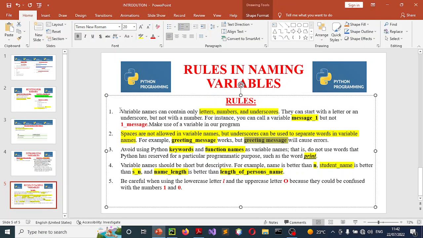So the first two rules are that the variable can only contain letters, numbers, and underscores, and that spaces are not allowed in variable names. Another thing, I've emphasized this, but I want to re-emphasize again: avoid the use of reserved words or keywords